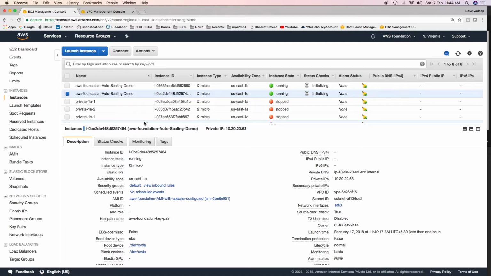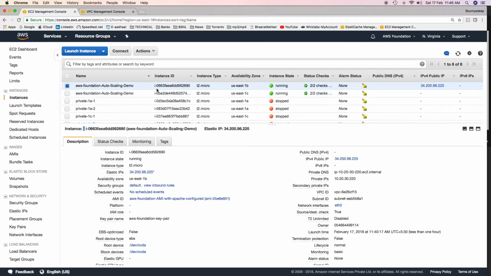Let's see scaling policies in action. First, what we'll do is we'll hog CPU for both the EC2 instances. We'll make sure that the CPU usage of the EC2 instances is more than 80%. And we'll see the auto scaling group launching one more EC2 instance as per the scaling policy. As these EC2 instances were not launched in the default VPC, we did not get a public IP address. So I have attached an elastic IP address to this EC2 instance. I have logged into the EC2 instance. I'll have to install a program named Stress.